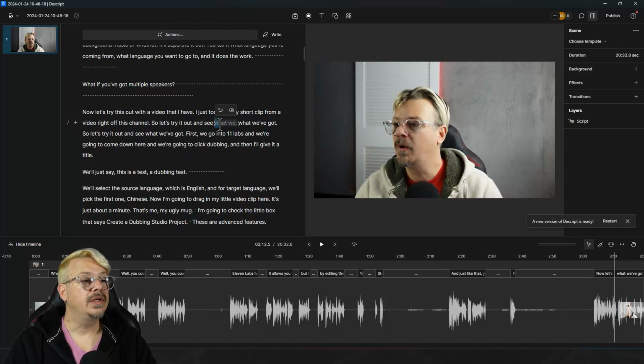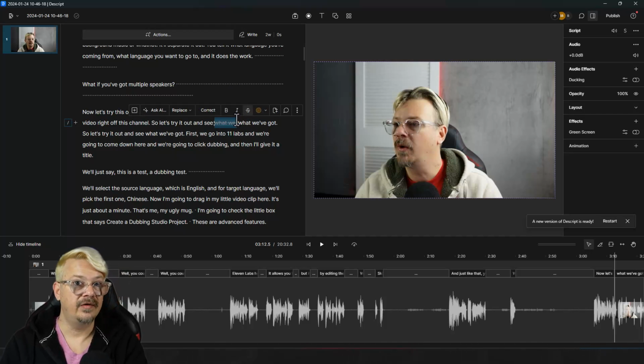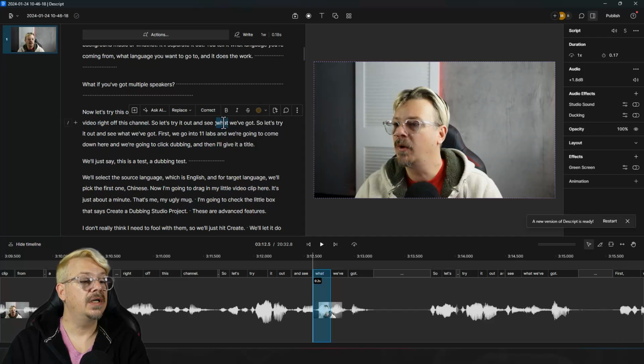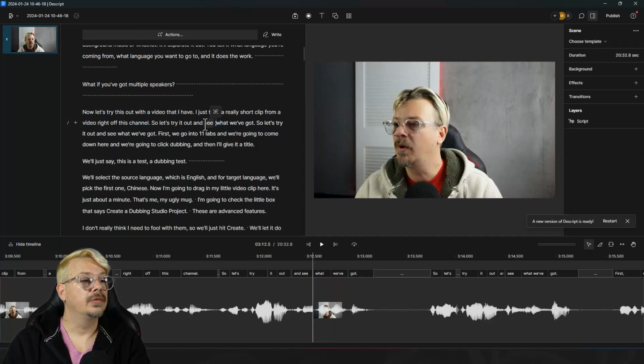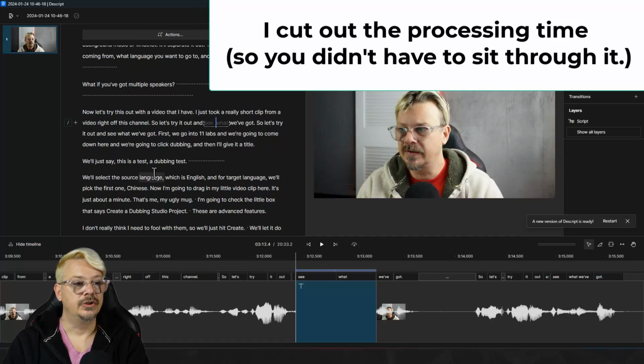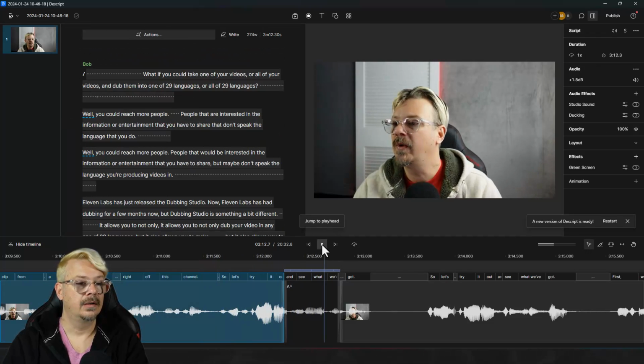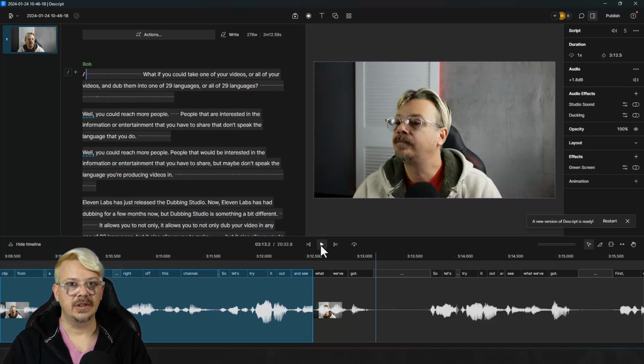So what I'm going to do here, I'm going to have to delete this because it will not cooperate if you have ignored text next to it. You instead have to have text that's still in there. Let's change the C and what, because that's where the split is. So let's regenerate those two. It's doing its thing here. It takes a minute, and it's decided that it also, in addition to the C and what, it needed to replace and weave as well. So let's try it out and see what we've got. After regenerate, it was much less choppy.